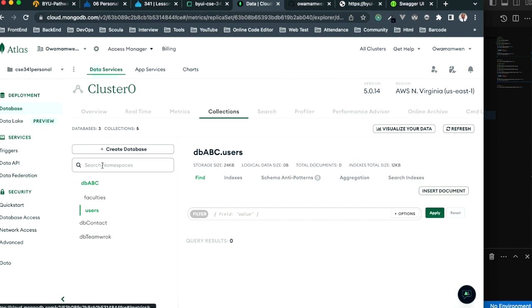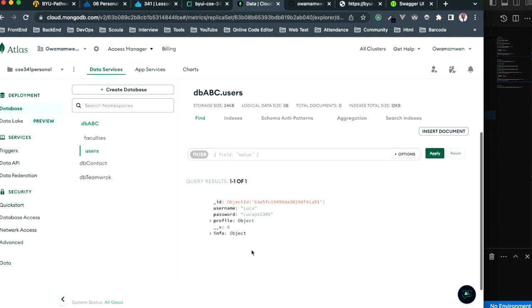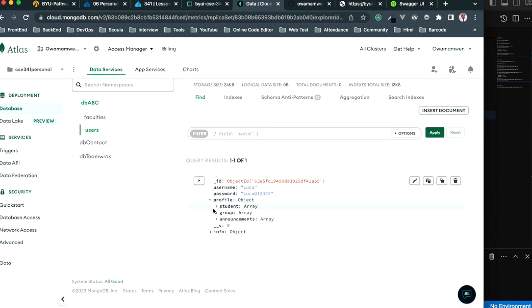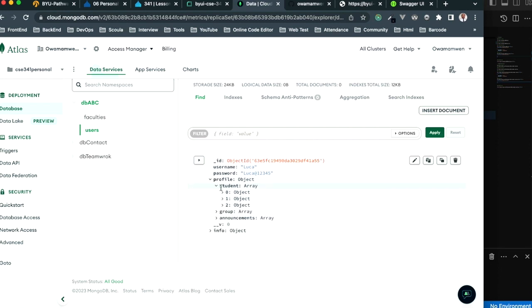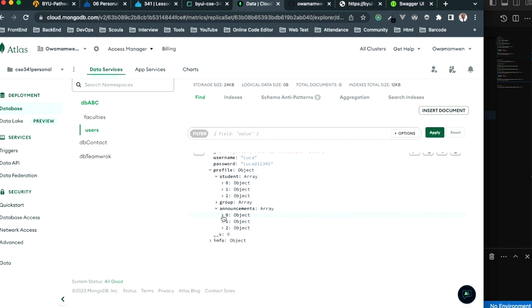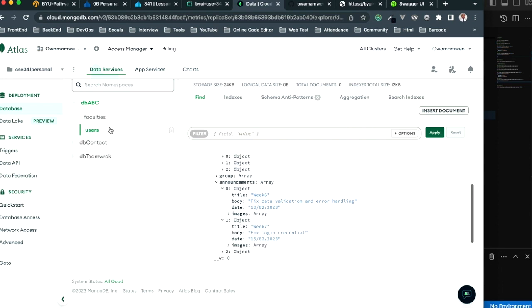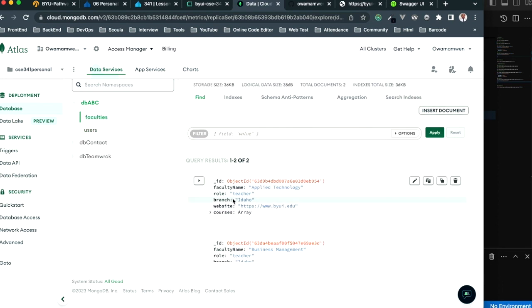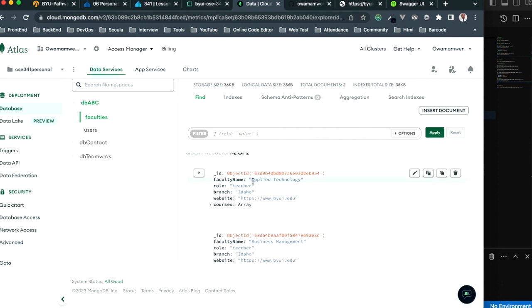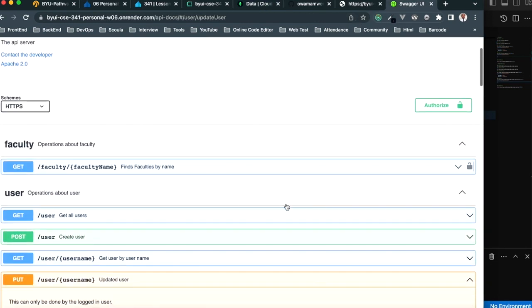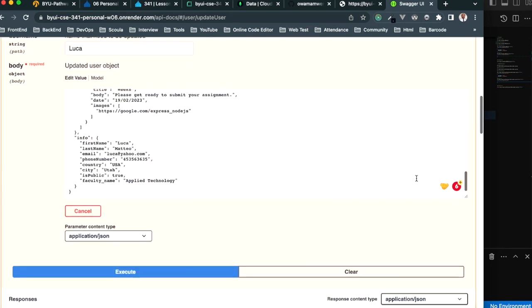I should not forget, let me refresh and display. Yeah, we have it here. This is it here. If you can see, these are the students, and these are the announcements. We just read these announcements. And the faculty it belongs to, we have 2 faculty. We have business management, and we have this. If we query the business management, we can also query the apply. And before we finally delete the data,